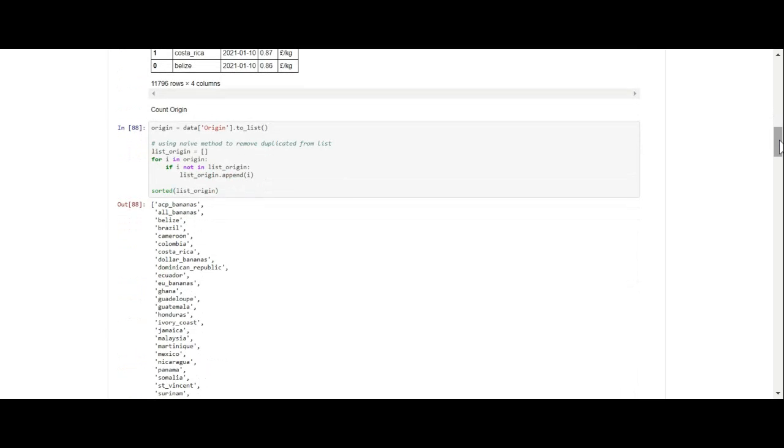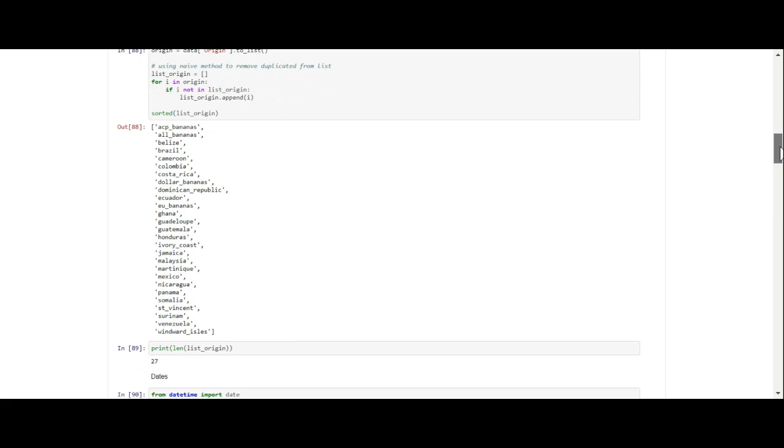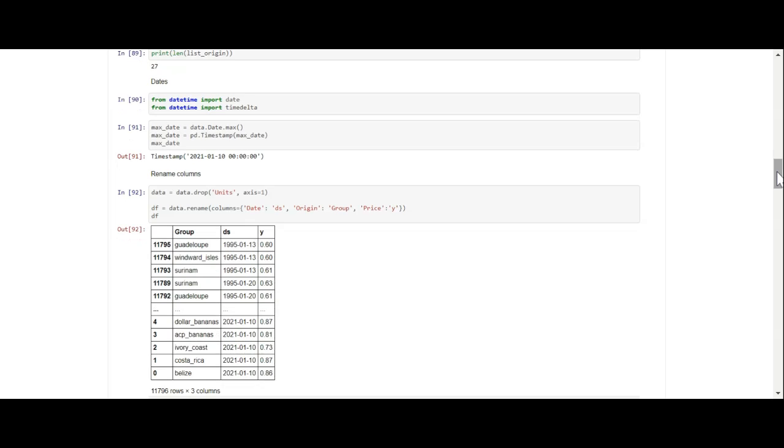And then I decided to count the origin. So this is the number of origins where the UK is getting bananas. And it's getting bananas from 27 origins. You can see all of the origins that the UK gets the bananas from. And then I decided I'd want to do a little bit of work on dates.